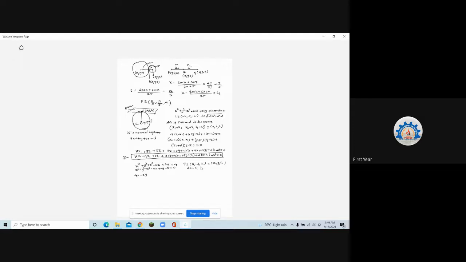Good. So 4x minus 2y plus 2z plus u. What is u? Compare this equation. You will get 2u is equal to minus 4. So u is equal to minus 2. Are you getting what I'm comparing? I'm comparing this with the general equation of sphere. So 2u is equal to minus 4, so u is equal to minus 2. Then 2v is equal to 2, so v is equal to 1. And 2w. Is there any term of z in the equation of sphere? No. So it is 0.